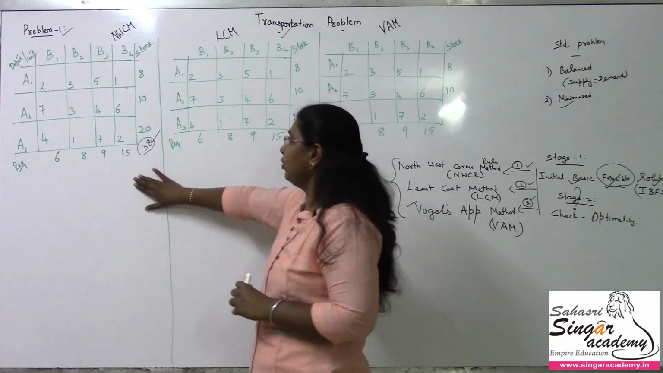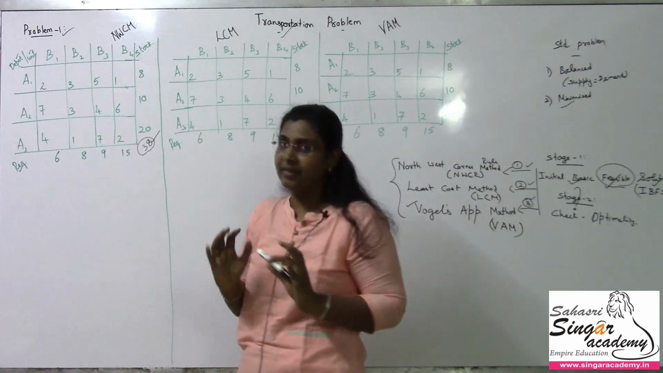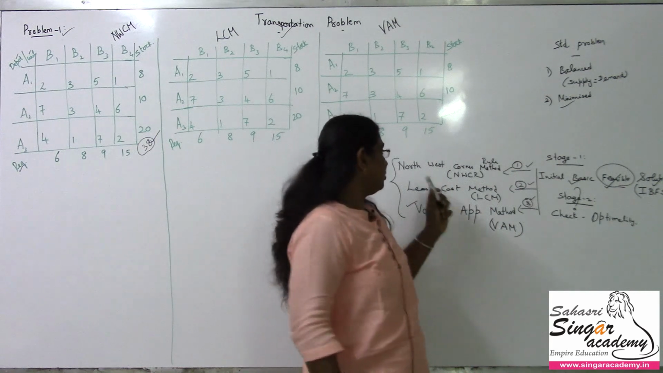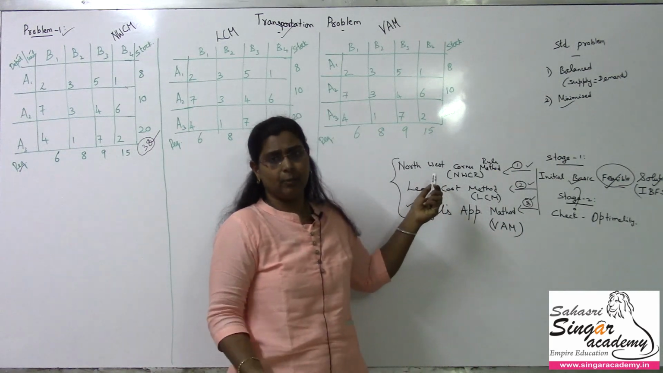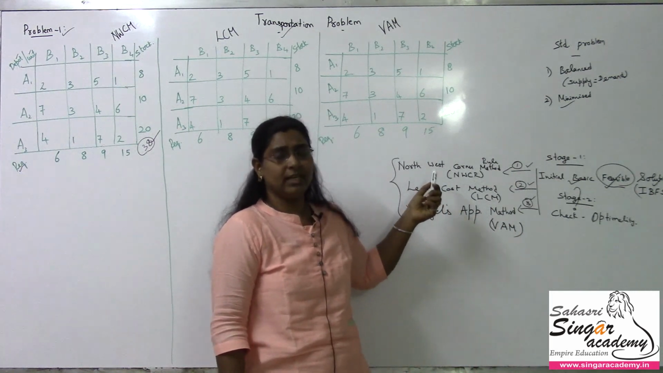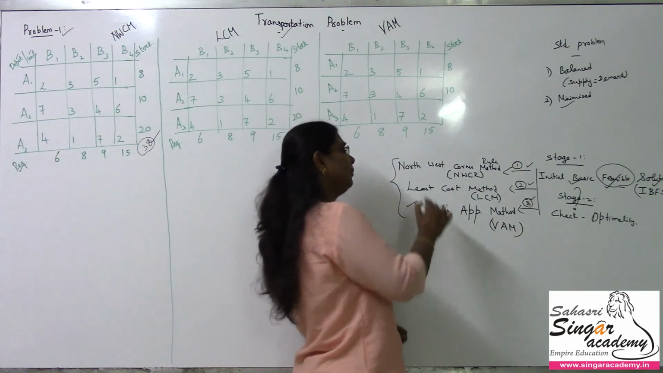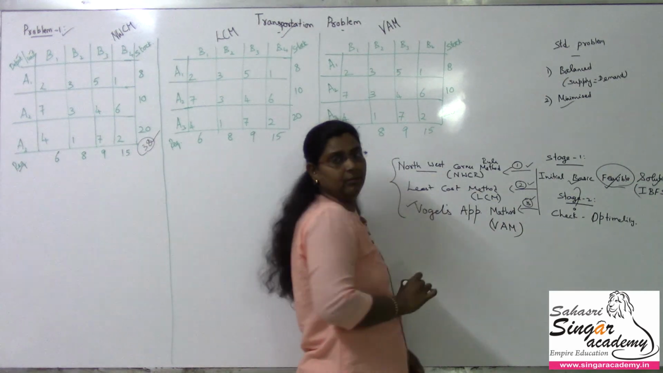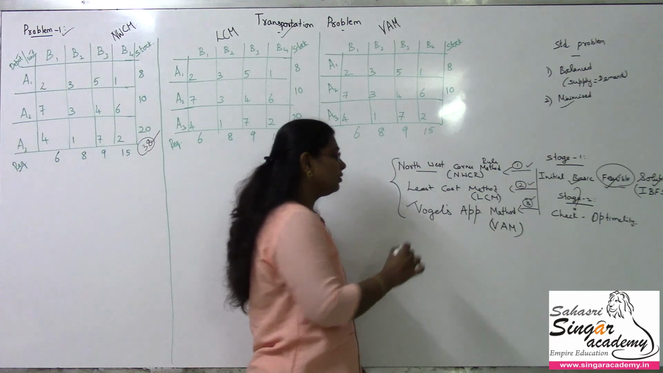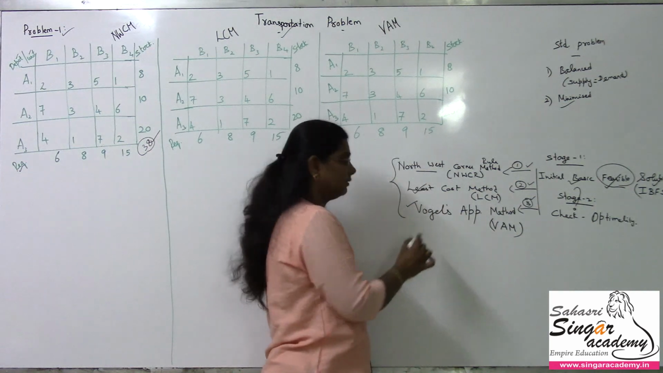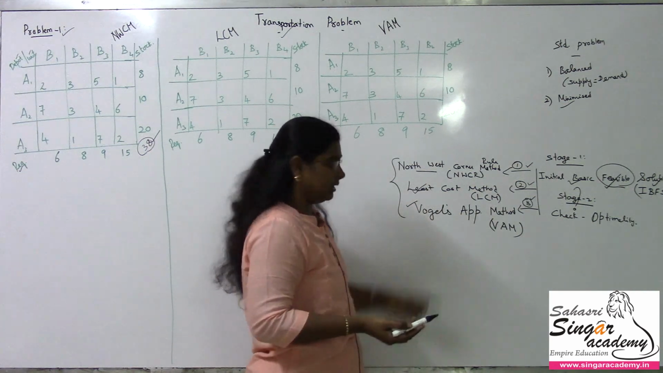Fine. Let me go for the first case. The rules are very simple. With respect to the northwest corner, we are going to allocate. From where are we going to start the allocation? They have given a simple rule: go with the northwest corner. Here they have given, go with the least cost. Ogle's has given a different method other than